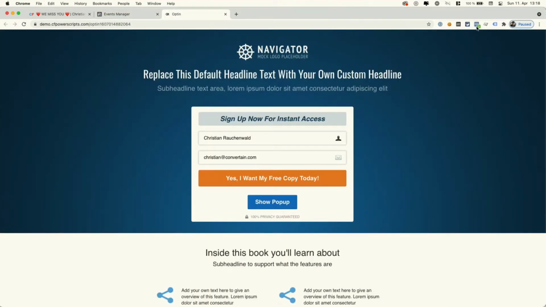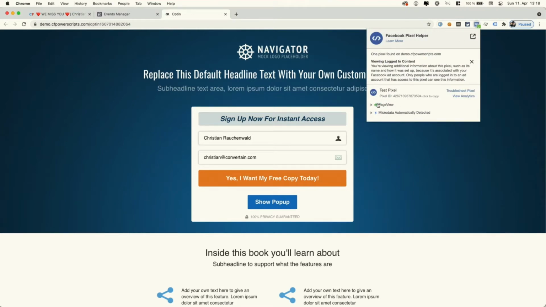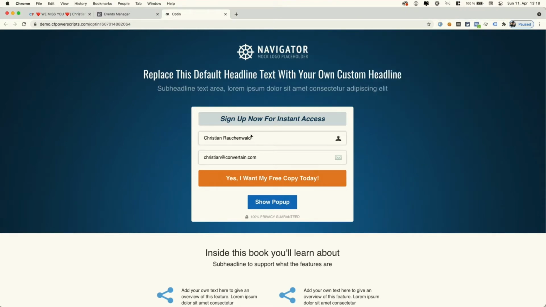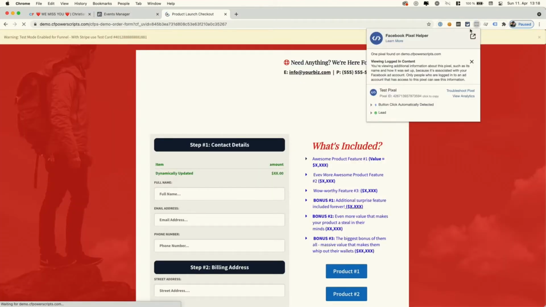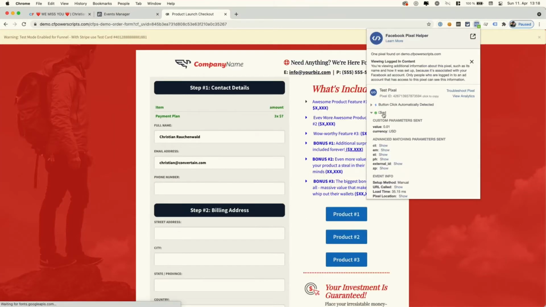Now we can see here that again it triggered the page view event, and I already have pre-filled data because I previously visited that funnel. So I can now just click on opt-in, and in the browser we might not be fast enough to notice it, or in this case we are. It triggers the lead event with a value of $0.01 US,